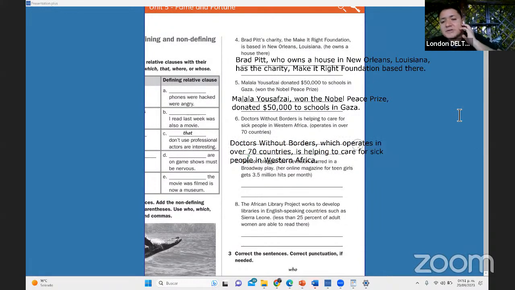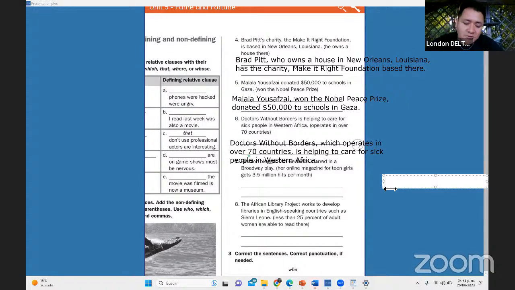Let's make one sentence. Now we're going to talk about the place where you work, the name of the company, or you can talk about the school, the name of your university. And here you are going to make the same sentence. For example, let's imagine that you study in UNAM. Okay, so you would say, UNAM, which is